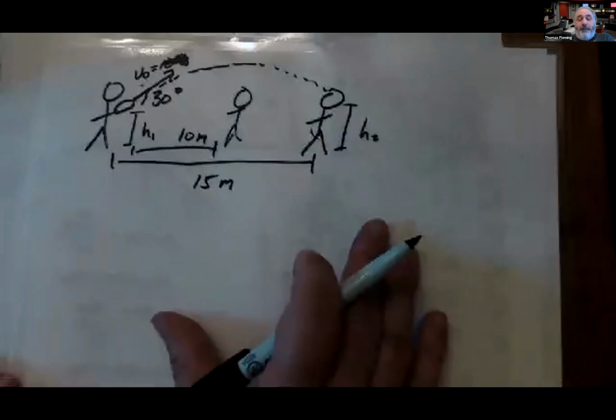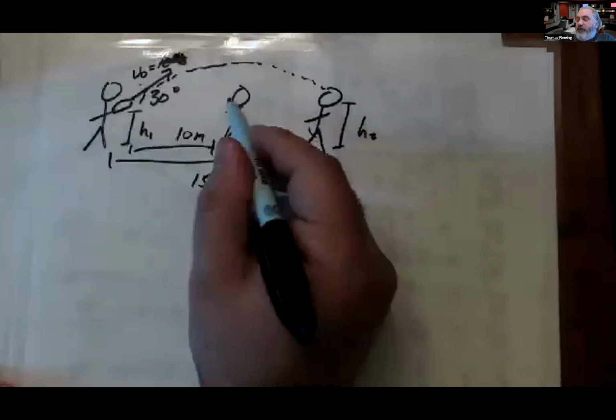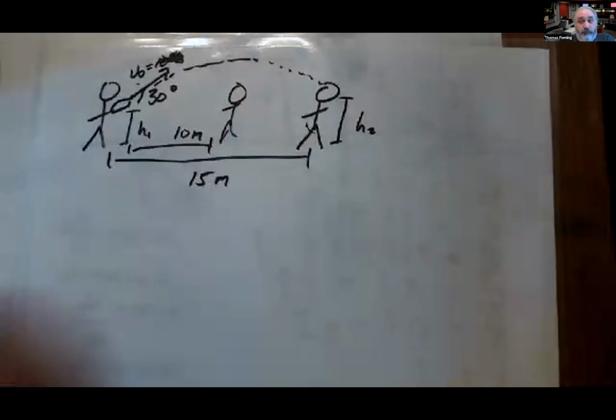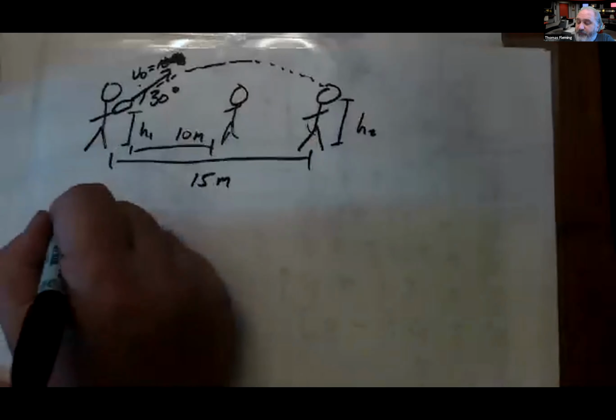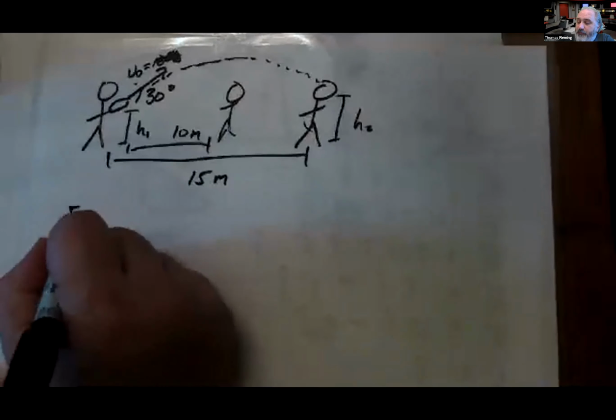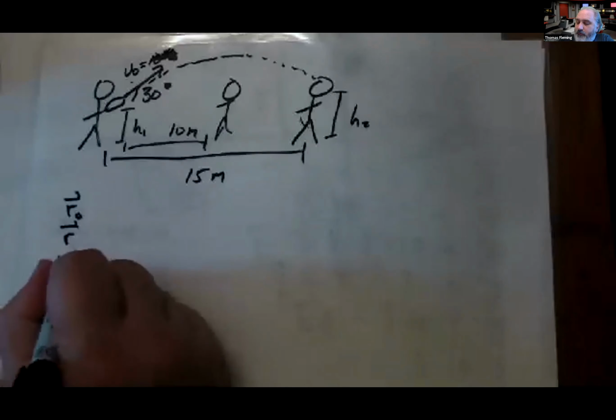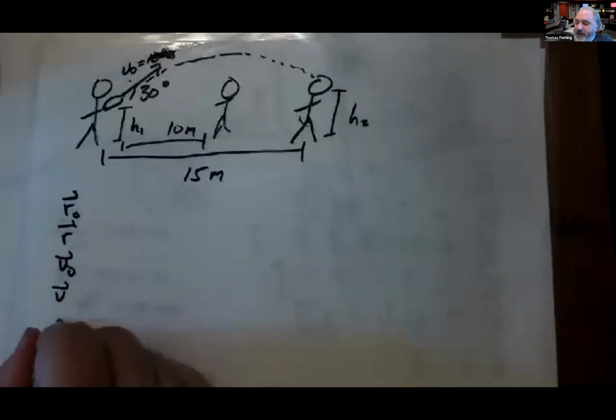So let's play this out. First, let's ignore the interceptor for a second. Let's think about how hard he's going to have to throw to hit this guy over here. So we've got a picture. Let's do the same breakdown of my kinematic variables,